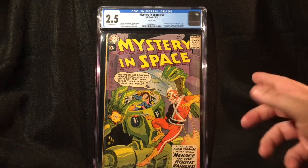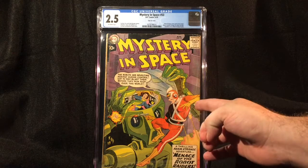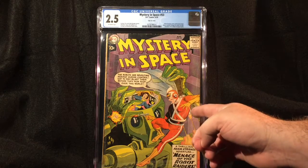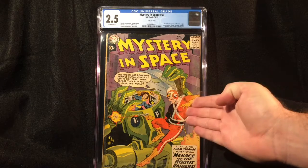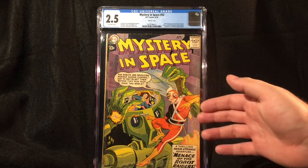So Carmine Infantino cuts his teeth with Adam Strange right here. Like I said, I just got this book in today, but I pulled the trigger on it, got a smoking deal on it. It's a 2.5, but it still displays well. And then, just a few days later,